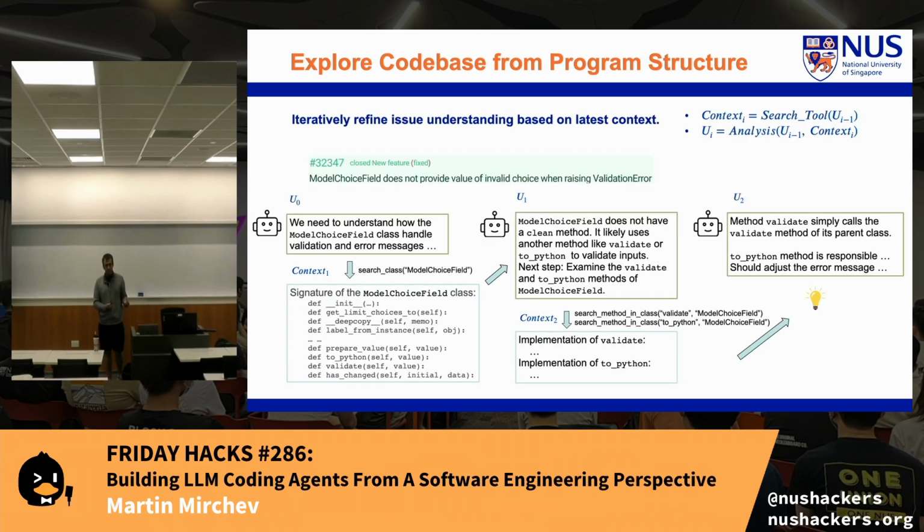Now, the idea of this is that we continuously can prompt the agent, the language model, to give a response and say, okay, I want to do X, Y, and Z. I need these, and these are the locations that I expect will be useful. So in a way, you can look at it as a very simple recurrence relation, where the context is generated by providing the previous context, collected from the natural language description, and getting the collection of tools. Now having this output, we can give it to the analysis, which can generate the next step.